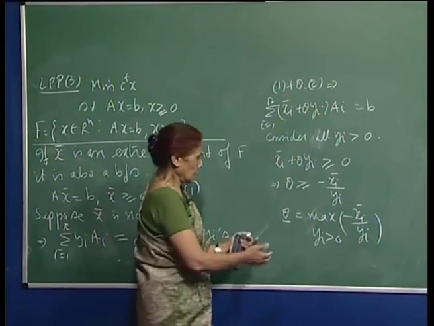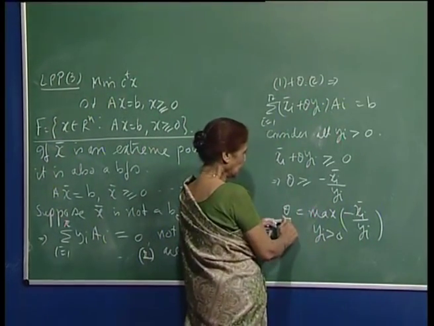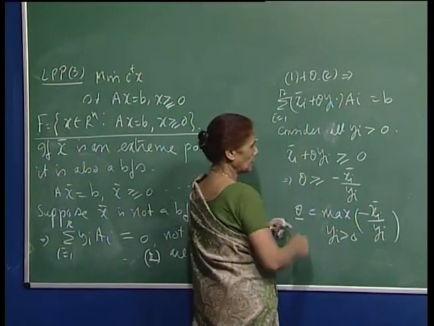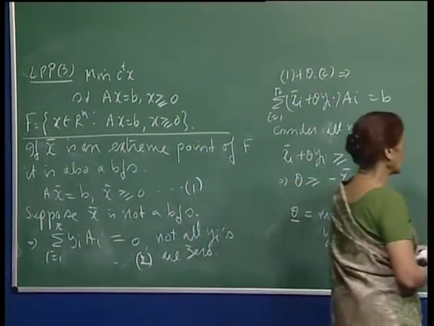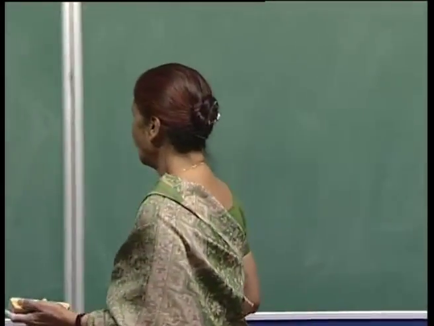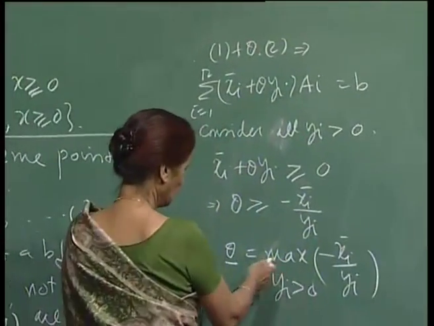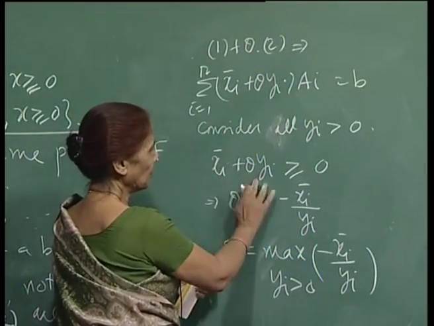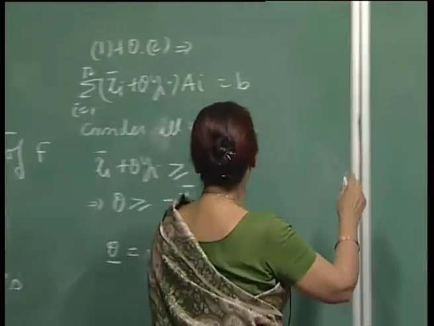Yes, if my theta is bigger than theta bar, then it will satisfy all these inequalities, and so the corresponding number here will remain non-negative, and this is what I want to ensure, right. So, let us continue with this proof here. So, if I choose theta greater than this theta bar, then I am okay, because these numbers will not become negative. Similarly, for all